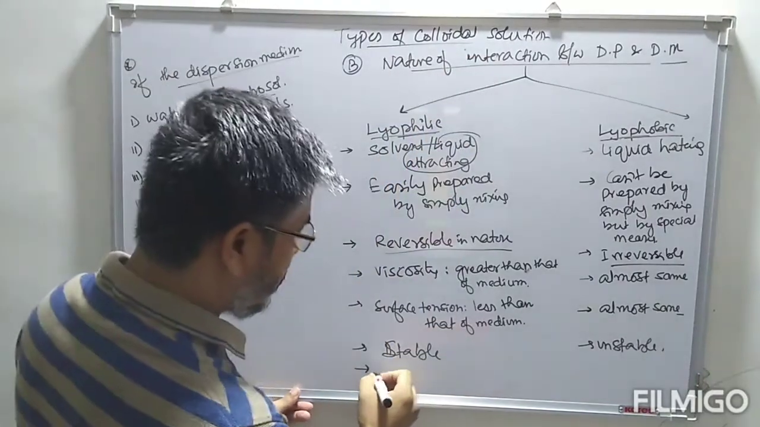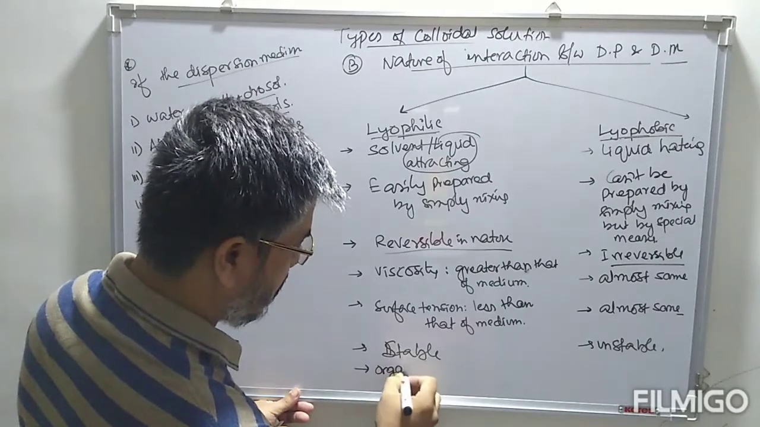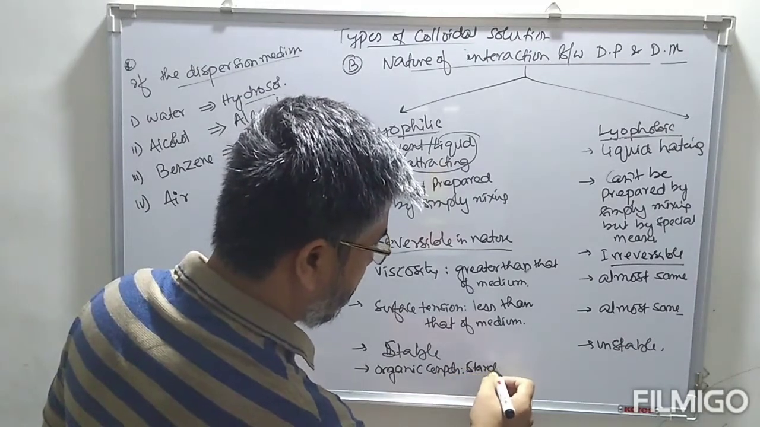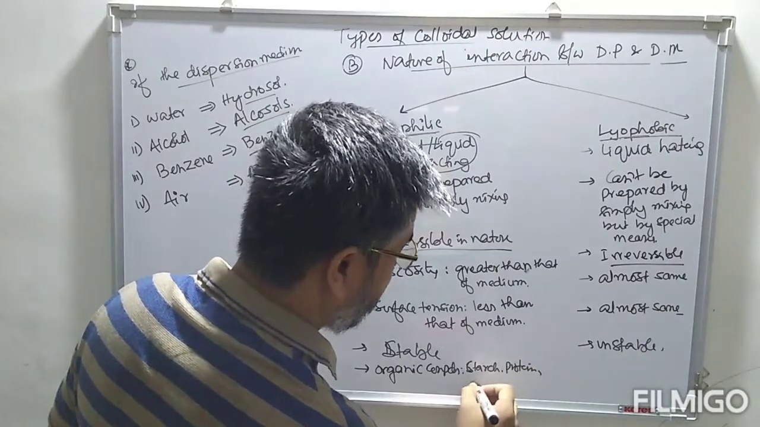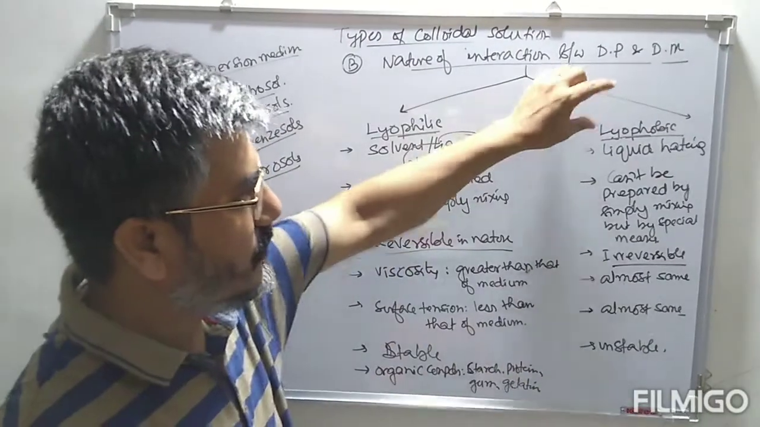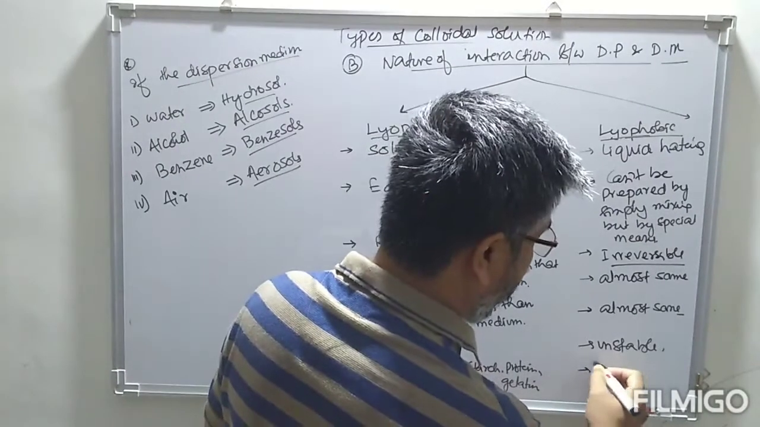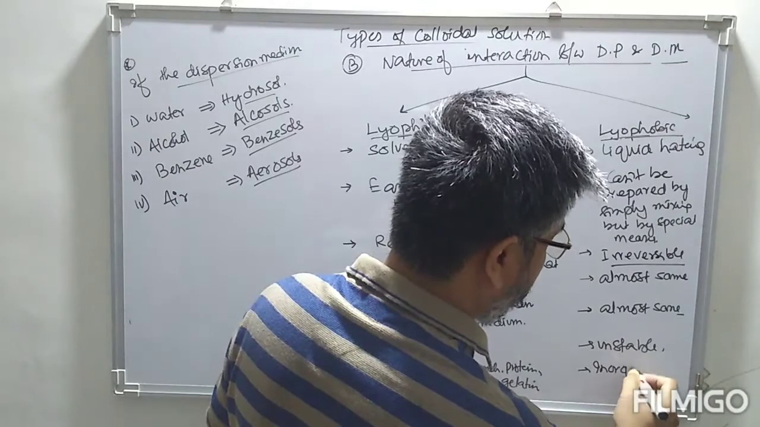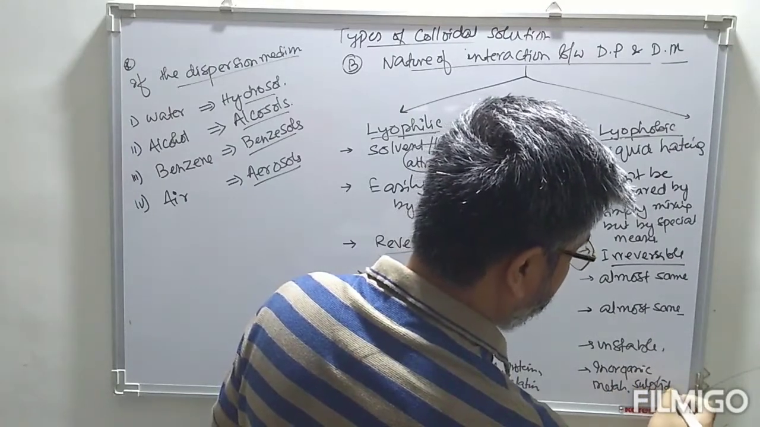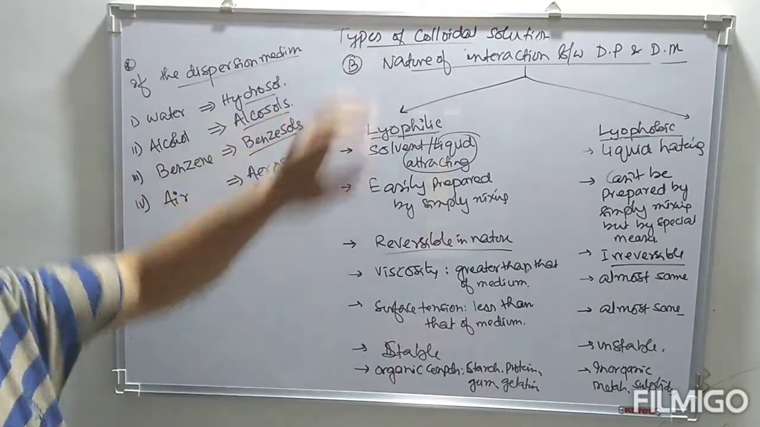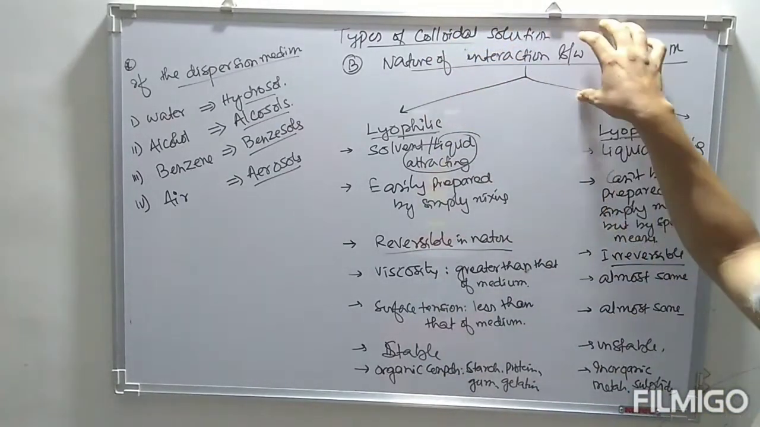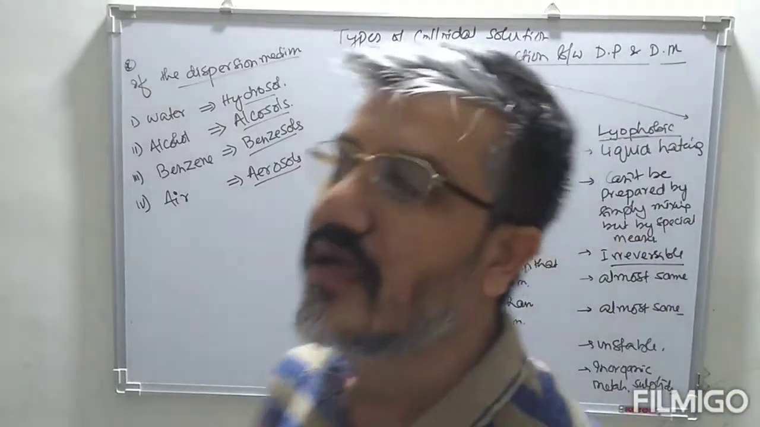Lyophilic sols or colloidal solutions are usually formed by organic compounds like starch, protein, gum, gelatins, whereas these lyophobic colloidal solutions are formed by inorganic substances like metals, their sulfides, etc. So this is the second classification of colloidal solution based on the nature of interaction between the dispersed phase and dispersion medium. Now coming to